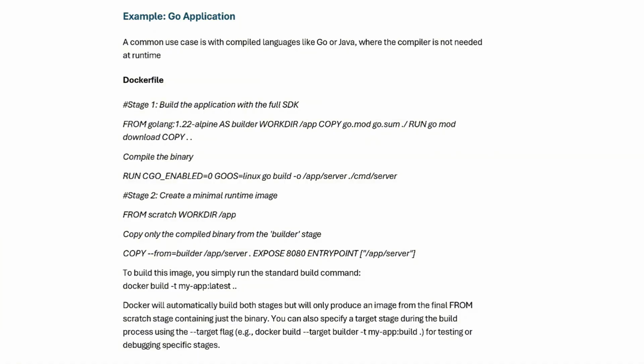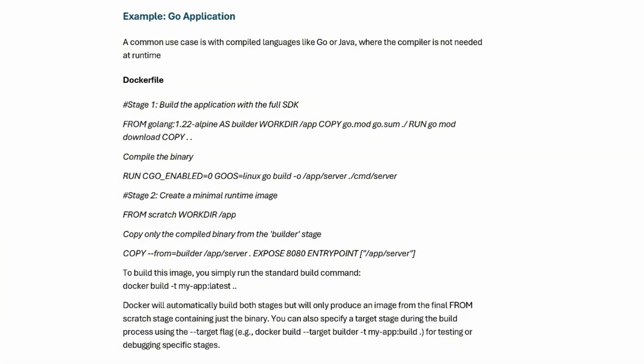WORKDIR /app, so /app is the working directory. COPY --from=builder /app/server . This is the most important step. That's where the magic happens. It only copies the compiled binary from stage 1.